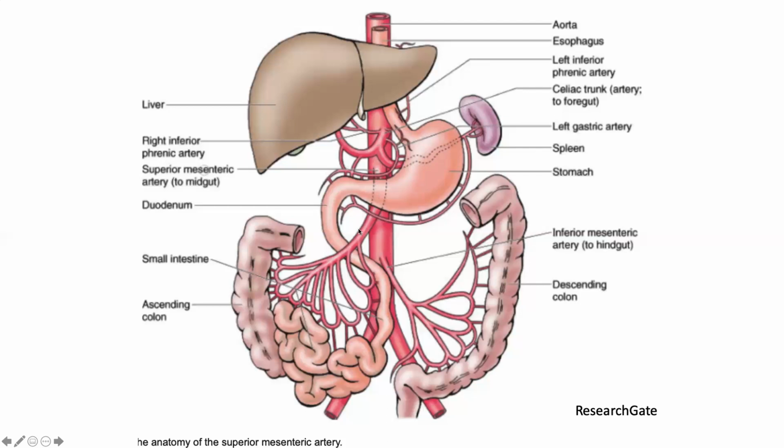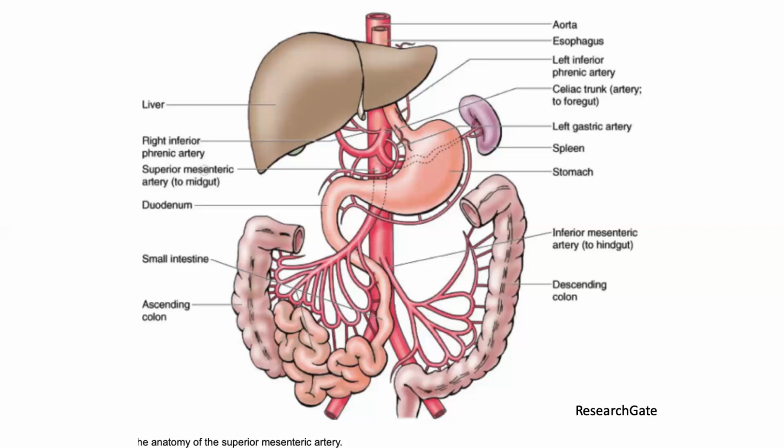The superior mesenteric artery will go to the small intestine. You can see the superior mesenteric artery is giving blood supply to the small intestine and to a large portion of the large intestine. To be more specific, up to the right